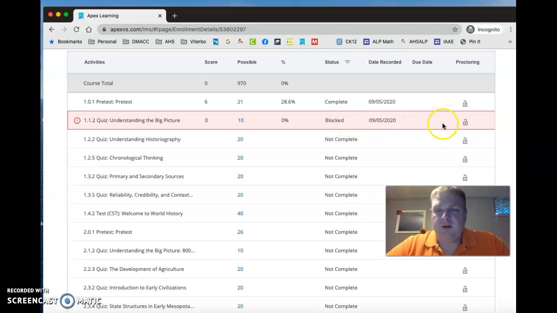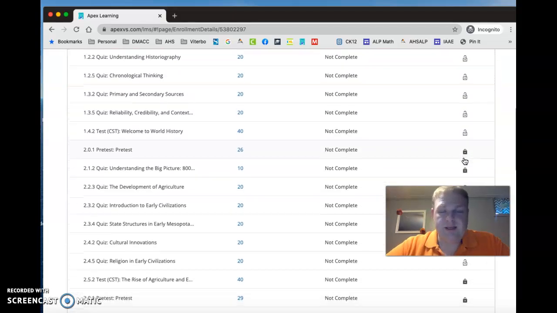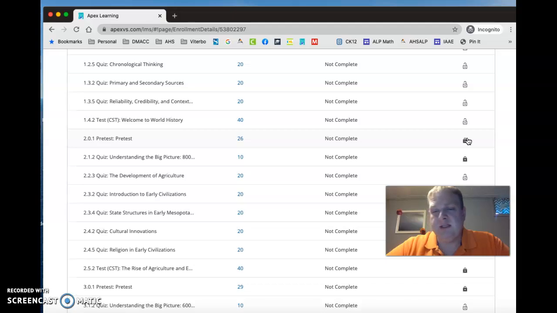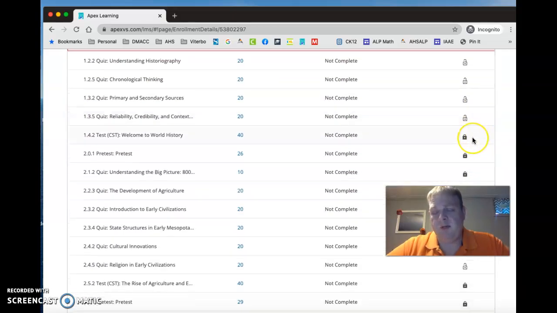So there's some other features here you can look at. Notice there's the proctoring column. So you can proctor a test, pre-test, quiz. Basically, that means you can lock and unlock a test. So let's say you feel they're not ready for this first unit test. You think they need to study more. You can lock it. And if you feel that they need it to be locked, and you just don't want them to take it yet, you think they still need to show you some more understanding,